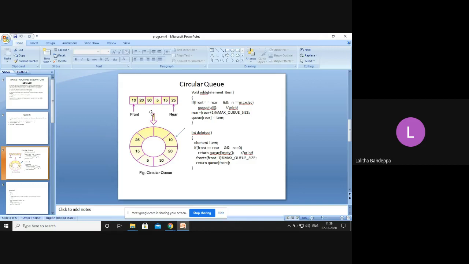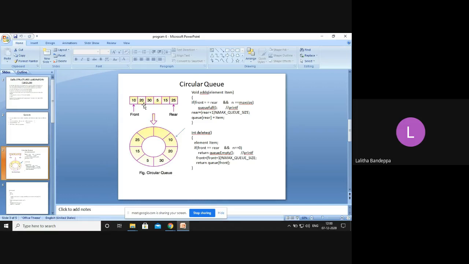So you can see that this is your normal queue. Here if you connect or combine these two ends, it forms a circular queue. This is the representation of your circular queue. So why we are using circular queue: the main disadvantage of your normal queue is that as you delete the front elements, when you want to insert, it will show us that the queue is full.